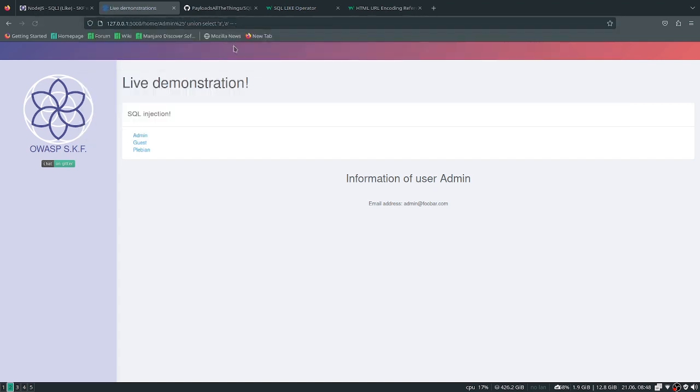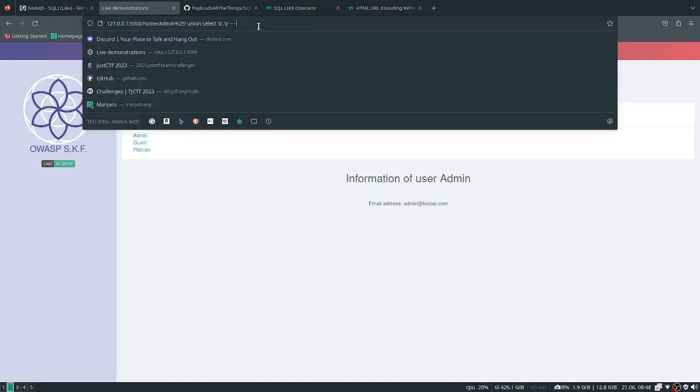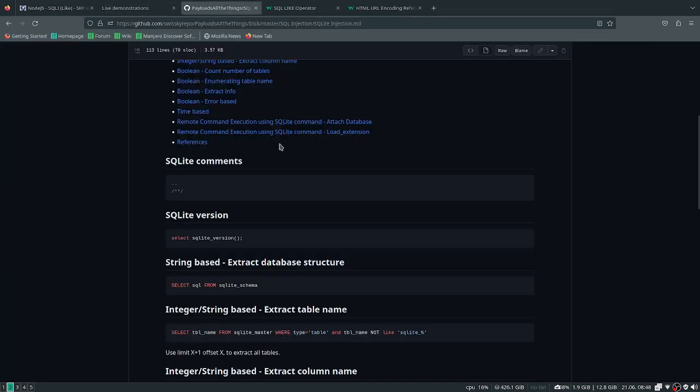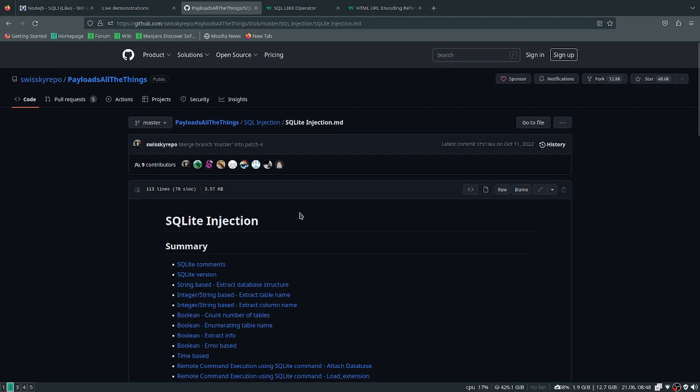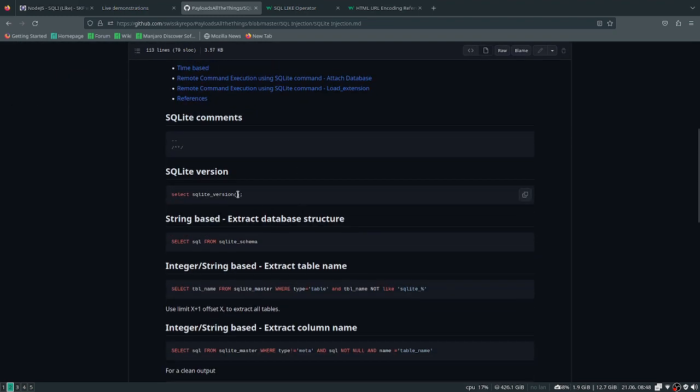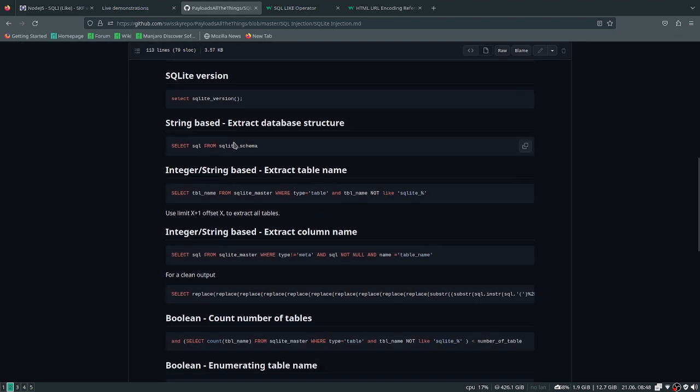Now if we do something like this, it looks like both of these could be used, my understanding. So now we can do more SQL injection, but since I'm not that familiar with SQLite, we can just follow this payload of all things. I'll link this down below. So what we want to do is extract the database structure, see what's inside the database. So I'll just copy this